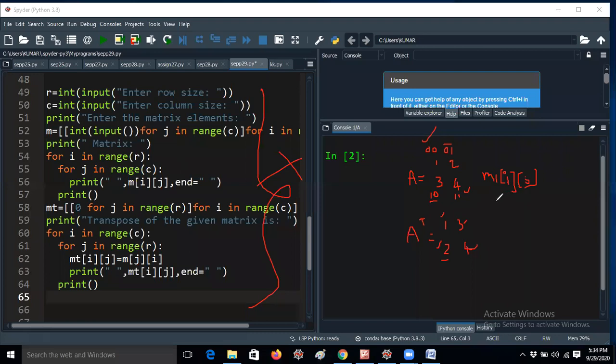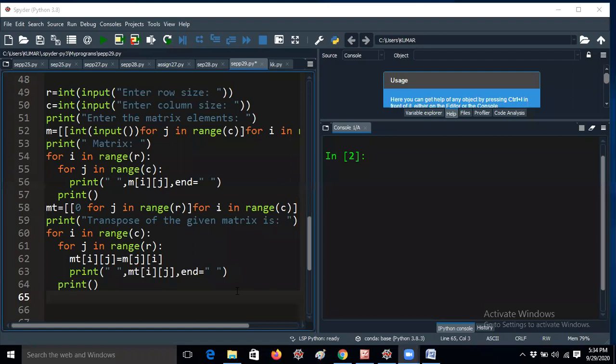This is basically a 2 by 2. If you are giving 2 by 3, it will be different, right? If you give 2 rows and 3 columns and perform the transposition operation, you will get a 3 by 2 matrix. So rows and columns also we have to take in the for loop. That's the reason I'm taking this example, guys. I will tell you easily. If you have any doubts, please let me know, no problem. You can mention them in the chat box, guys.